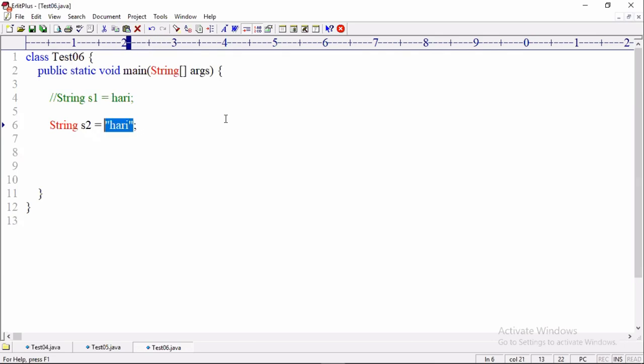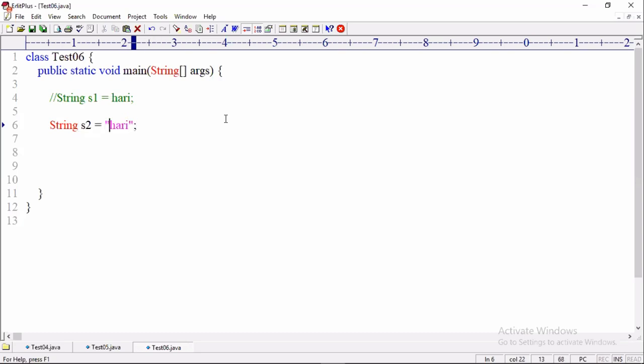So, final conclusion, tell me. For storing a word, text data, in Java we have a predefined class called java.lang.String. Now tell me, String is what? A data type. Why? Class is a data type. We have a predefined class called String. Now this class String you can use to create a variable to store data.